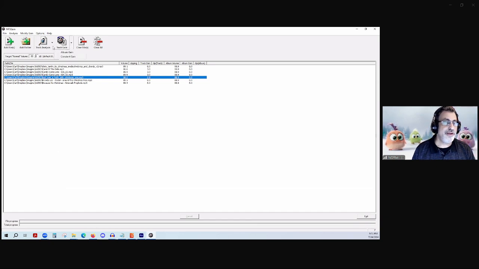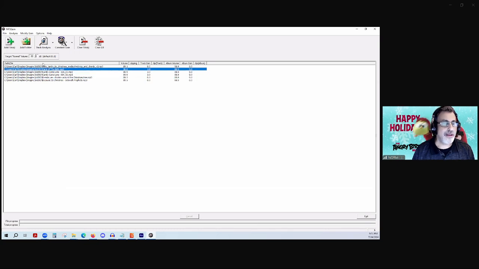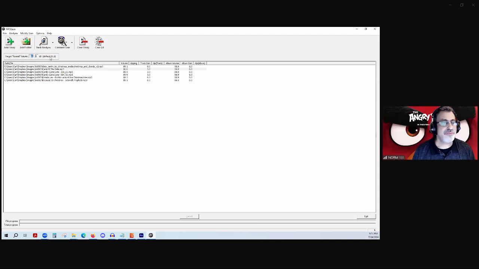That's pretty much it. MP3 Gain is a great tool. It's that simple. Best tool out there. And I can change my target volume here too, right? You notice here at decibels, it's got like 89.